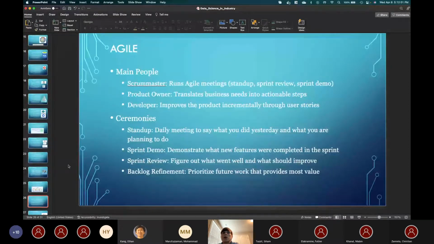I've left this slide in just as a high level on what are some of the key terms in Agile. Because it is so familiar, I would definitely recommend anyone who's looking soon for a job to do a little bit of review on Agile, just to understand what it is, what the main goals of it are. And here are just some of the main terms for that.